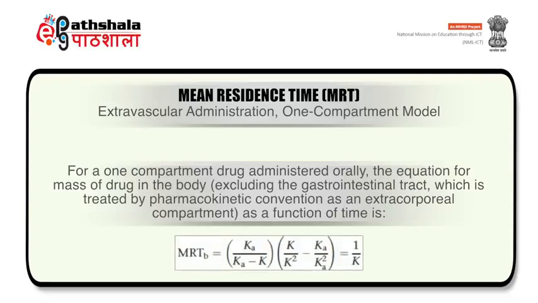Hence, the MRT-B, which is the MRT for the oral dose, can be given as K divided by K minus K, where Ka is the absorption rate constant and K represents the overall elimination rate constant, into K over K square minus K divided by K square, which comes out to be 1 over K, or 1 over overall elimination rate constant. Thus, this yields the same result as MRT after an intravenous bolus, namely 1 over K in case